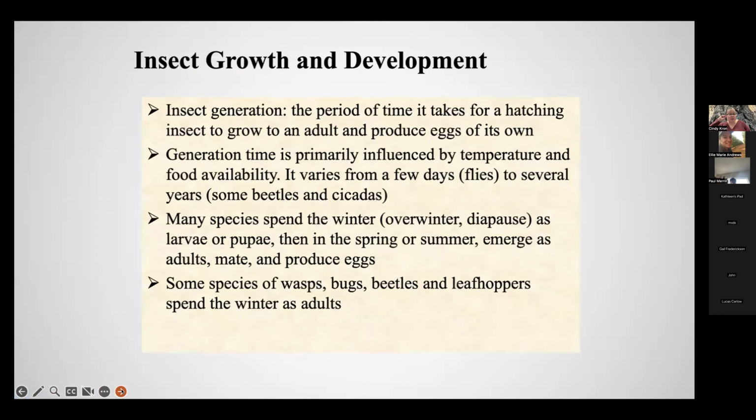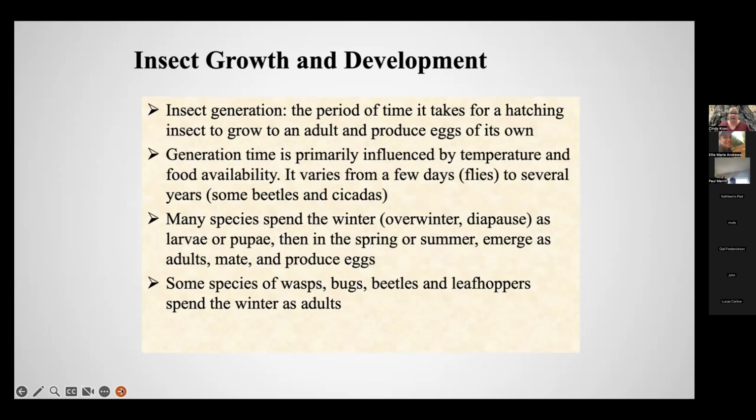Insect generation is the period of time it takes for a hatching insect to grow to an adult and produce eggs of its own. And that's considered a generation. Some insects have one generation a year. Some have multiple generations that overlap. There's a wide range. Generation time is primarily influenced by temperature and food availability. So a lot of insect development is based upon accumulated degree days, which is